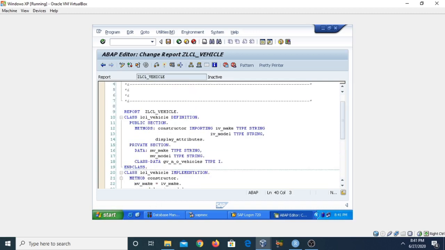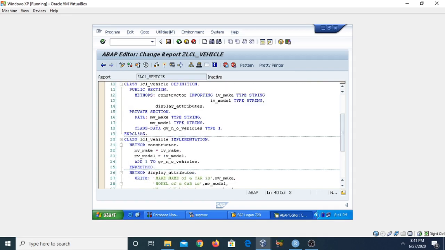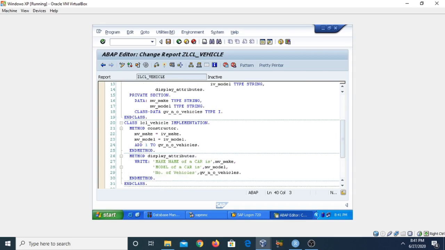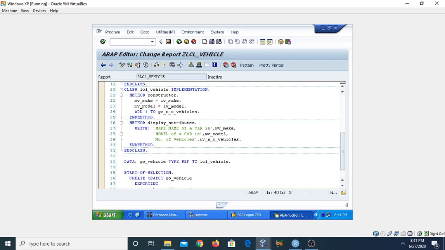Now let us check the program from the start. Firstly we have defined the class LCL vehicle, and then we have defined the constructor, and finally we have declared another method display_attributes for displaying the attributes of the class, and then we have defined the implementation part in which we are going to use the constructor, and then finally we have displayed the attributes.